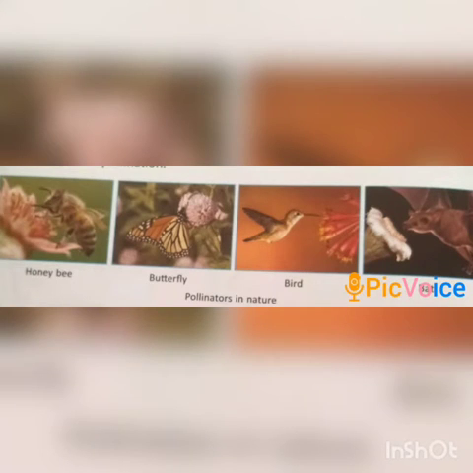Now, how do these pollen grains get transferred from anther to stigma? They require some agents known as pollinators. Pollinators are the agents that carry or transfer the pollen grains from an anther to a stigma. Wind, bees, butterflies and many other insects, birds, rats and bats are the main pollinators in nature. In some aquatic plants, water is an agent of pollination. All these are different pollinators present in nature which help in pollination.